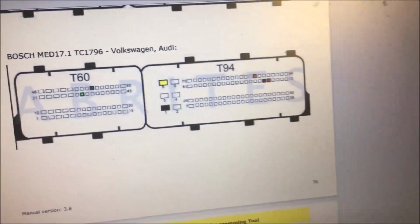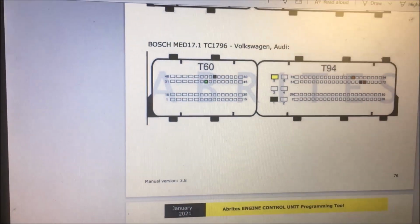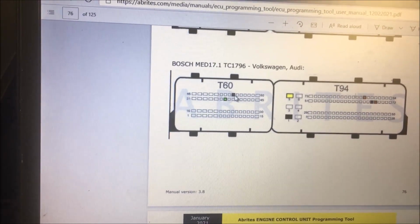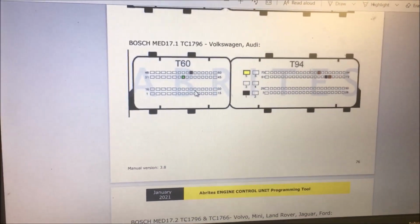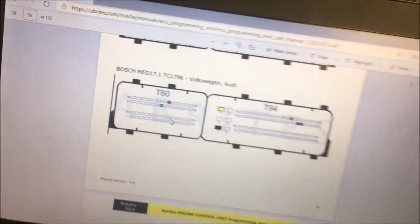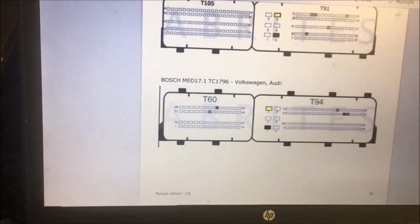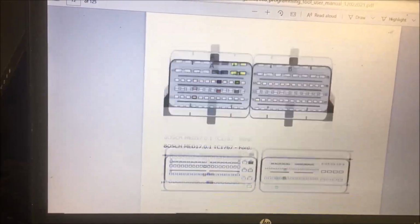MED17.1. Now, this is going to tell us where we need to hook stuff up. And if you notice, see these? The red, the blue, these are T1 and T2. First time I used this, I didn't know what the hell to hook up to those. And they aren't all the exact same. Make sure that you go up, we're on page 76, and you have to go up, and I always forget what page it's on. But what you're looking for